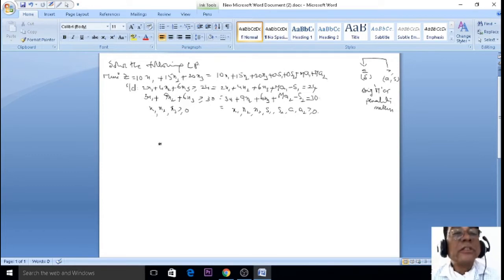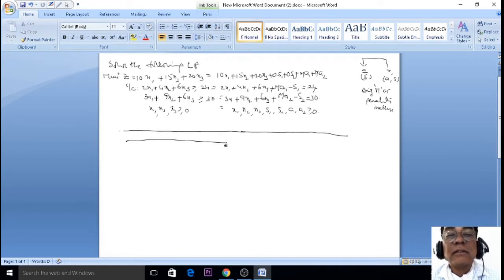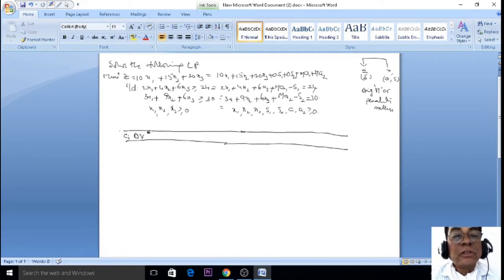Now, how to enter the values in the simplex table. Please draw this simplex table. Same principle, there is no difference. So like this. Next, Ci, basic variable. Please draw this vertical line here. Next, solution value, draw the vertical line here, constant. How many variables are there? 3 variables. So x1, x2, x3.